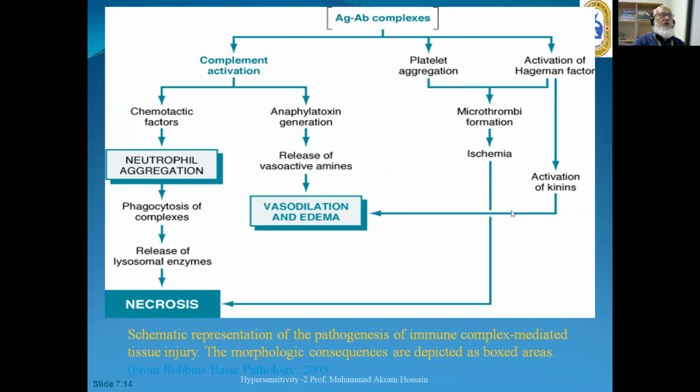This leads to vasodilatation and edema, and complement activation leads to chemotactic factors that attract neutrophils. These neutrophils release lysosomal enzymes, which cause necrosis, and the platelet aggregation and coagulation pathway activation result in microthrombi formation and ischemia. That also leads to necrosis, and all these are the consequences of